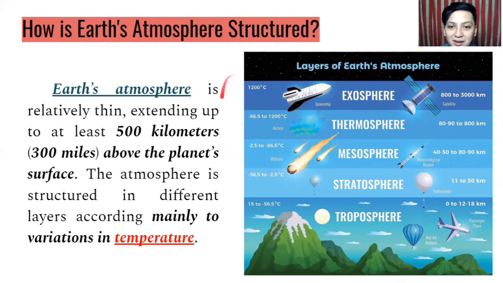So as you can see, this is the temperature of Troposphere and Stratosphere, Mesosphere, and so on. So these temperatures differ from one to another, as you can see. Okay, and then this is the altitude and the different objects that can be found in the atmosphere. So for example, in the troposphere, we can see a hot air balloon, a passenger plane, and in the stratosphere, we can see there different radio sound.